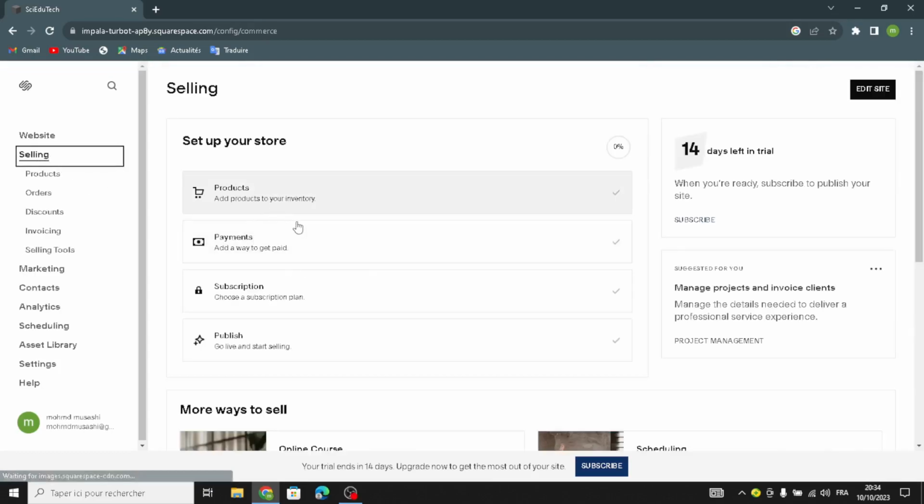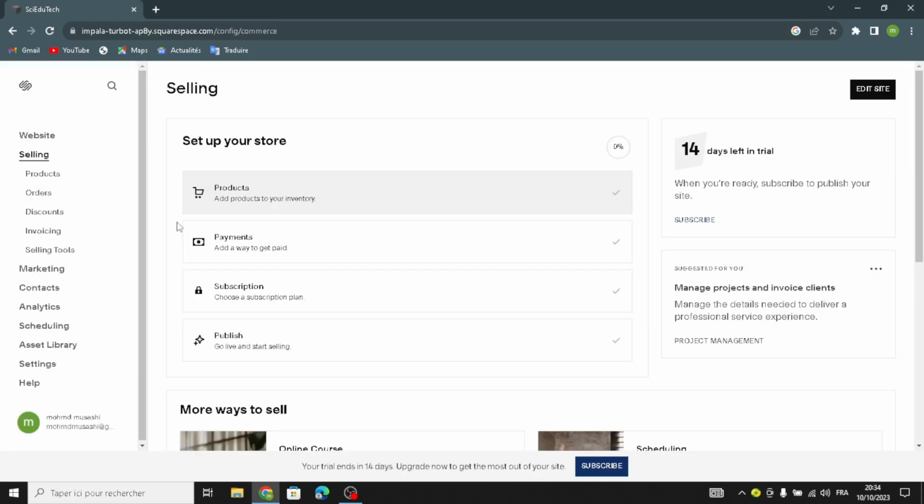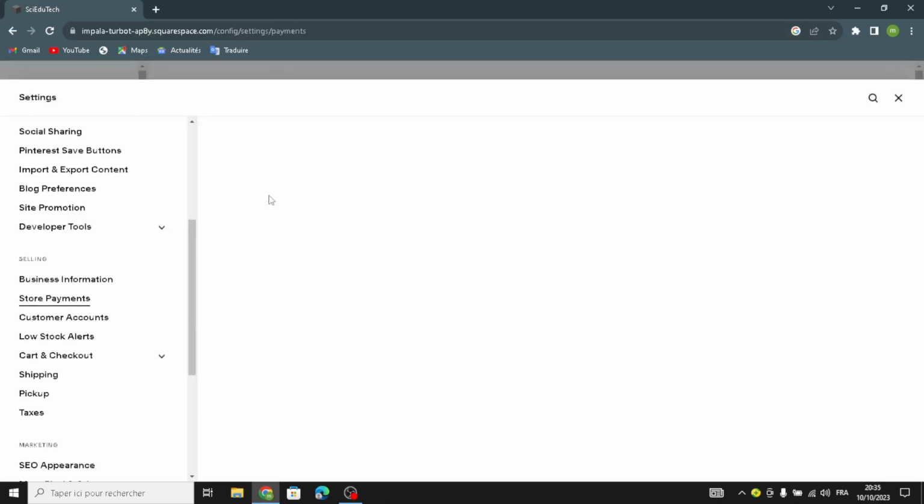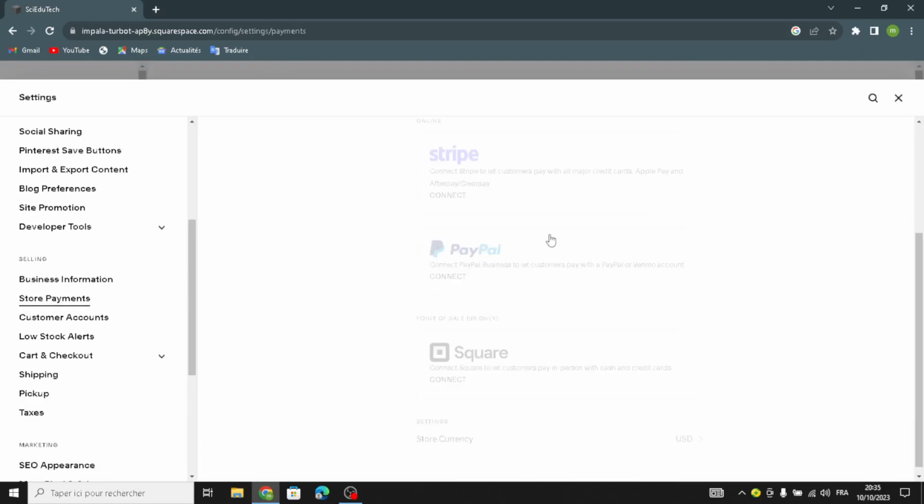So here you can add the product to your inventory. You can choose the type of your product, physical, for example this physical product. So you can click here and customize the price of your products, add the name of your products, and you can add an image, and that's it. After this, add the way to get paid. You can choose one of these here, the store payments,